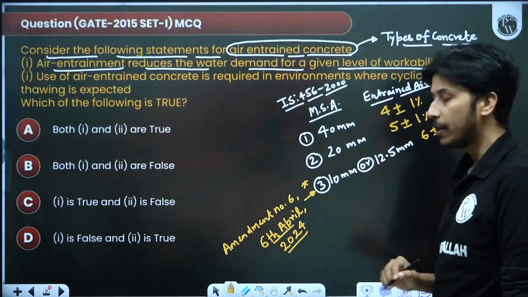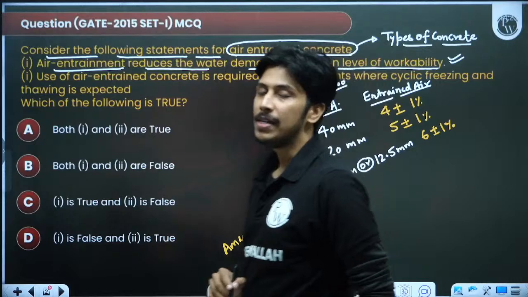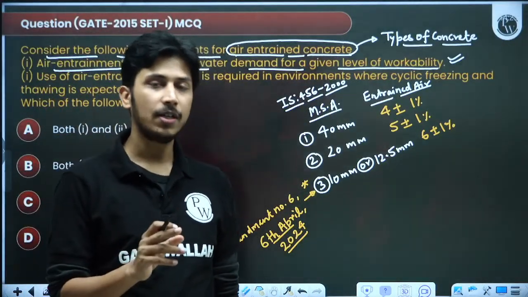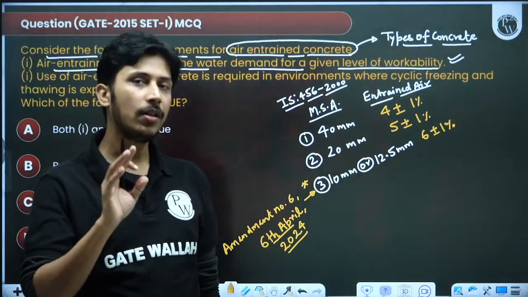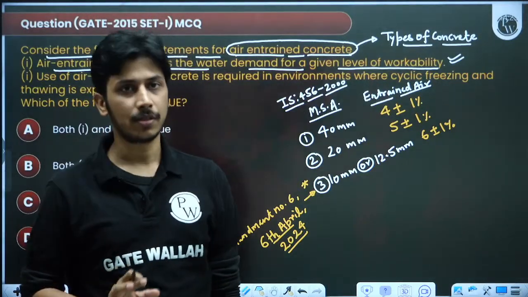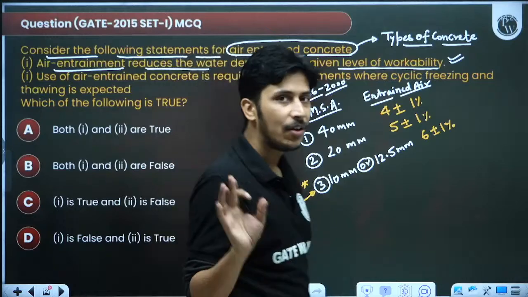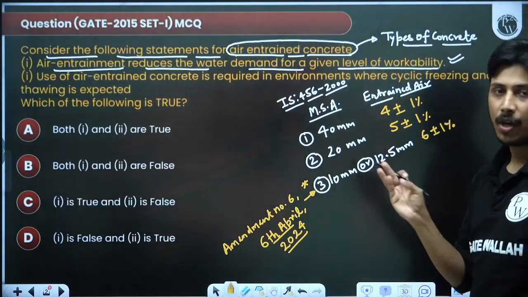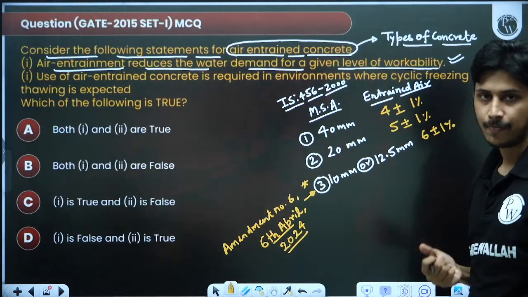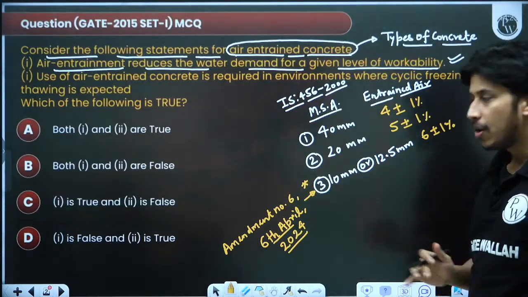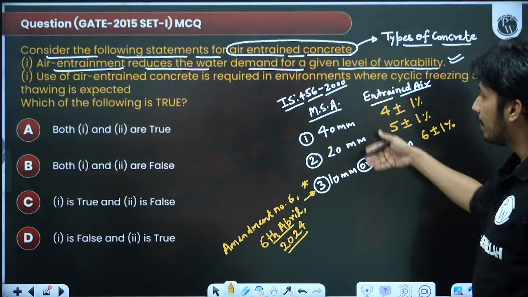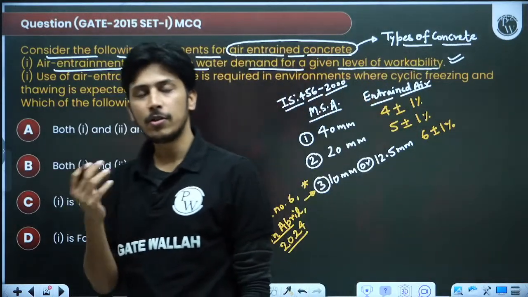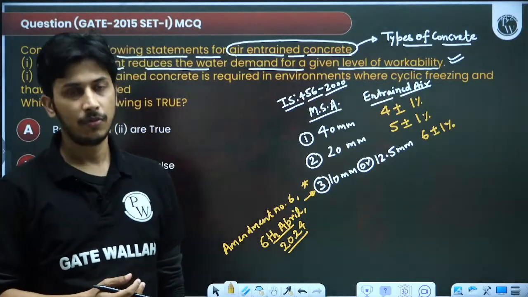So this was reaffirmed by an amendment. So till now 6 amendments have been done in IS 456-2000. So IS 456-2000 has 6 corrections, we can say. All the 6 correction slips you must read at least once. Okay, if you are not reading all the amendments, just see the tables only. Just see the tables of that amendment. So amendment number 1, 2, 3, 4, 5, 6. See the tables only, because a lot of things will be asked next year. This will be asked, and then you will be blank. So now you have done the PYQs, then also I am not able to do the questions. You have to do this thing.